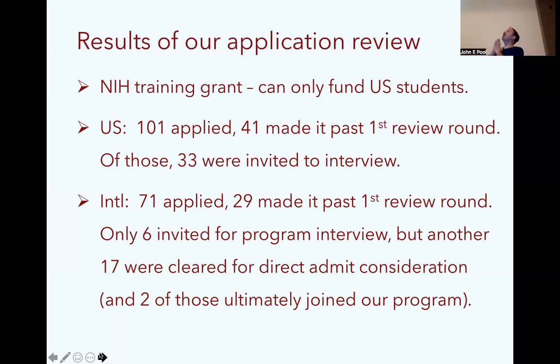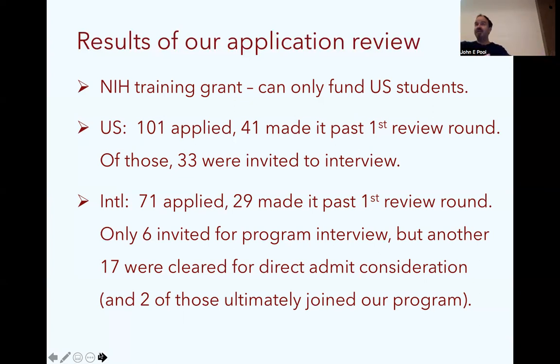Well, only the admissions committee members decide who is eligible for direct admit consideration. And if they're not, then they're not. They're not on the menu for the rest of the faculty to consider. But of the ones that were in this group, first of all, they are